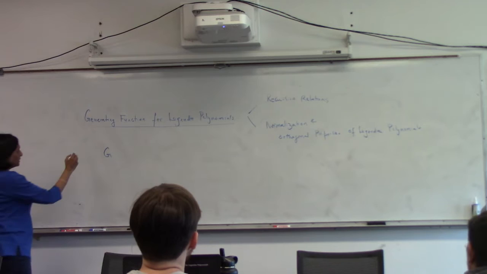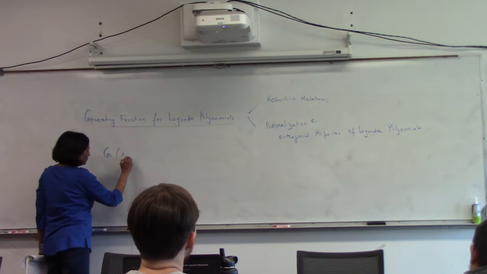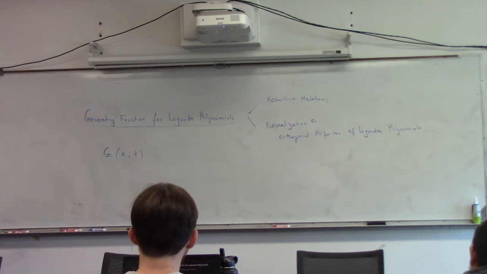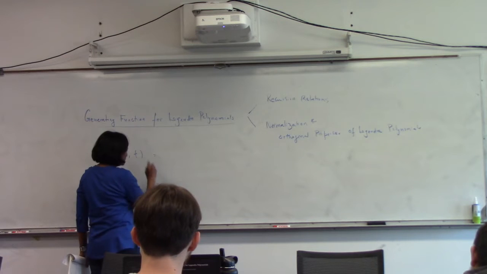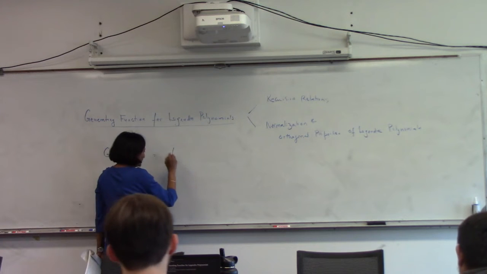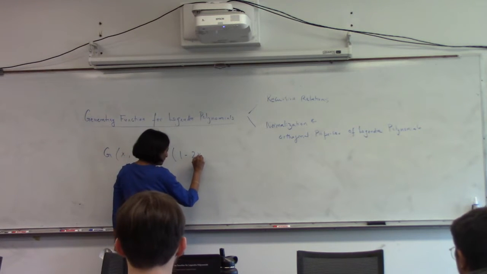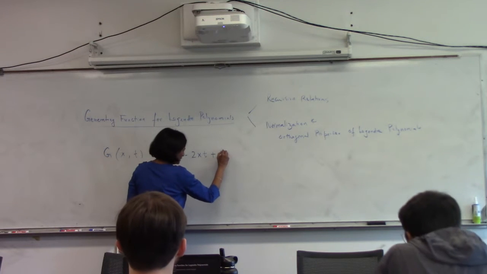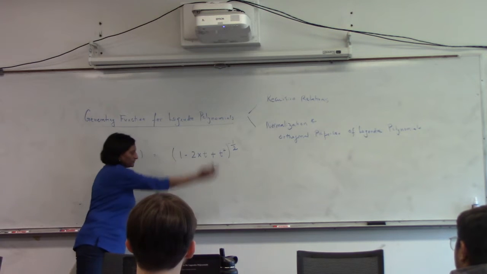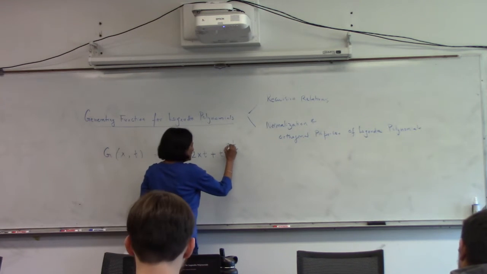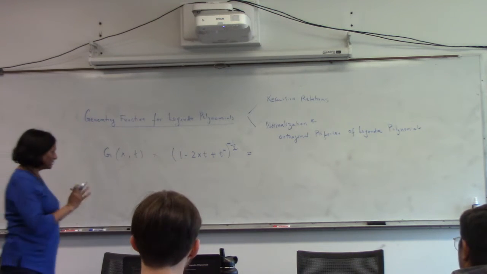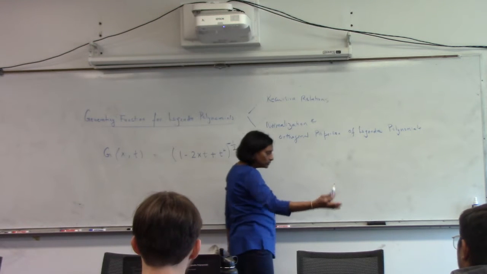So the generating function is a function of two variables. We represent it by the symbol g. And in this case, for the Legendre polynomial, it is this function: one over the square root of this quantity, to the negative half. This is a function of two variables, and this function will produce a series